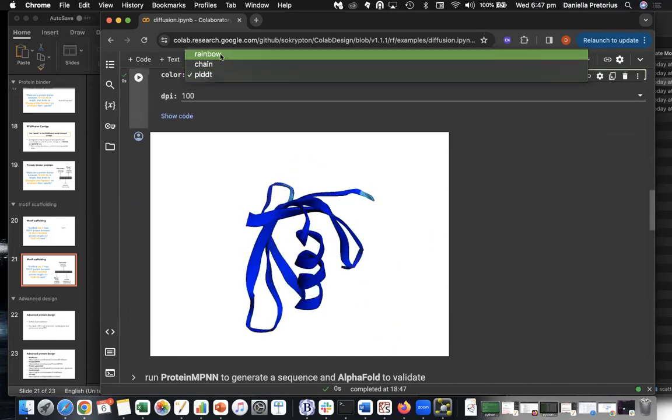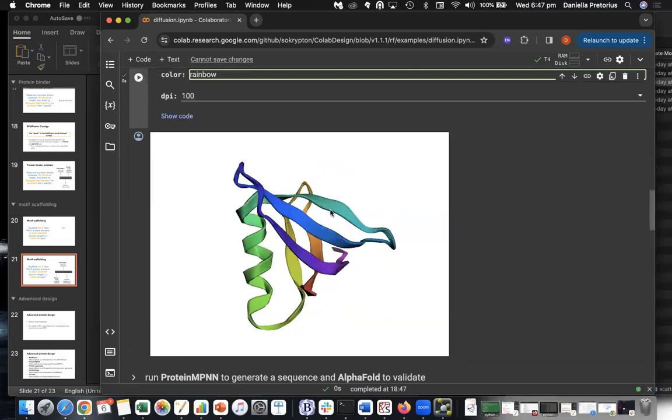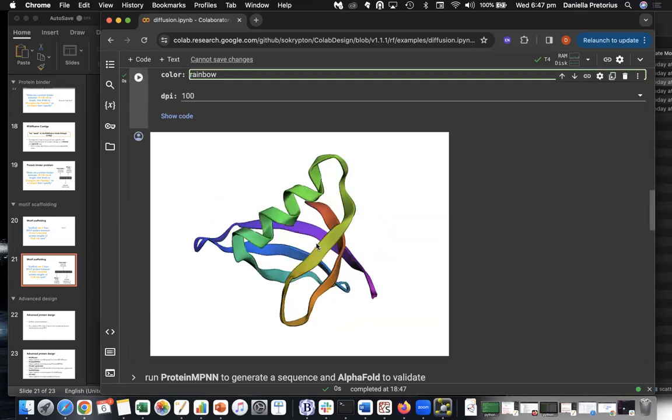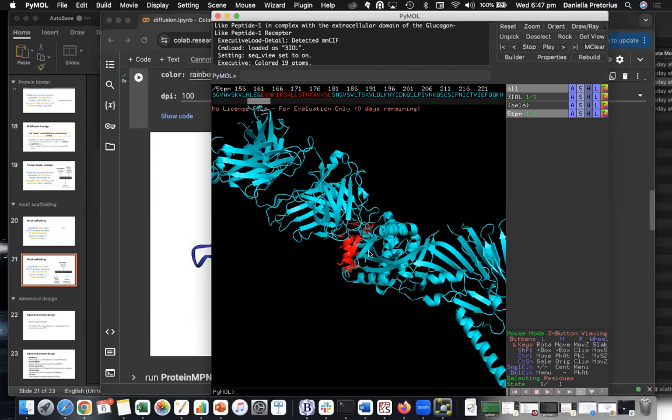Okay, so if we color that by rainbow. Yeah, so rainbow just allows you to see from N to C terminus, it just colors it. If you have topologies that are kind of weird, it's good to see. So